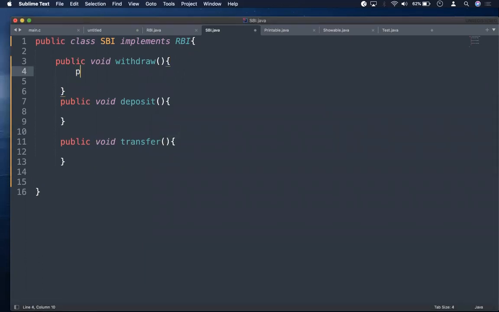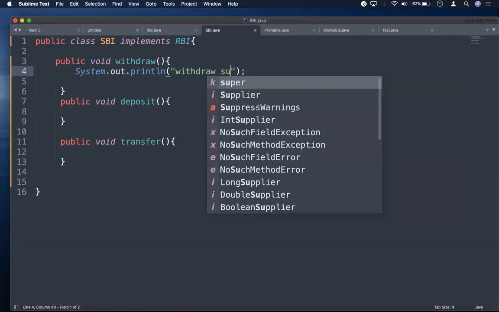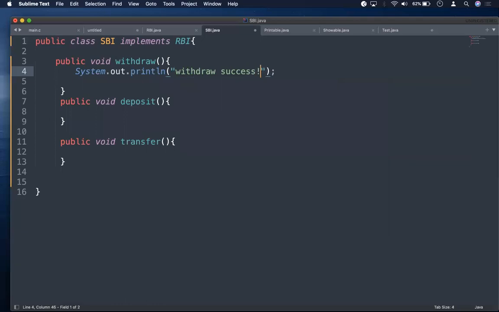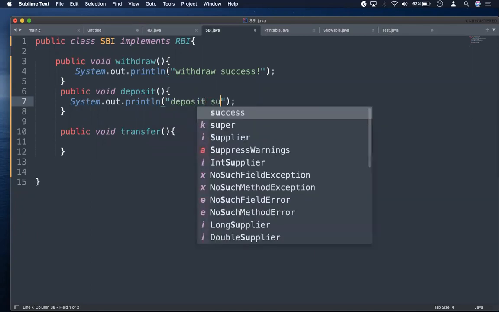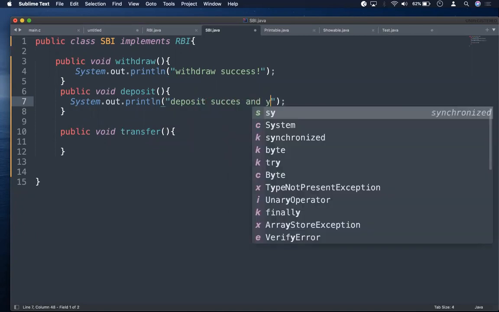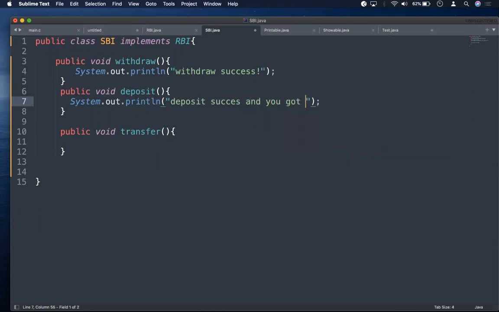So what I do is I just write a few things here, System.out.println. So now I am saying withdraw success. It's a withdraw method, so I just want to write one line. So withdraw success, and here also I can have one println statement, where I'm saying deposit success, and you got interest at